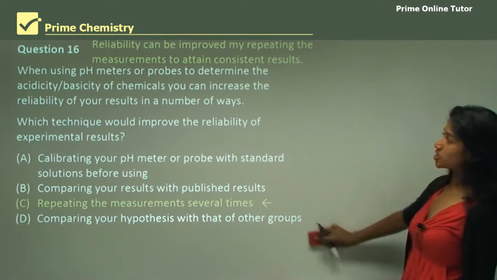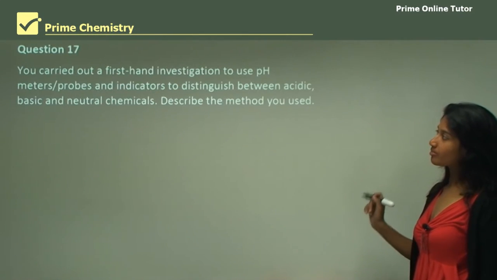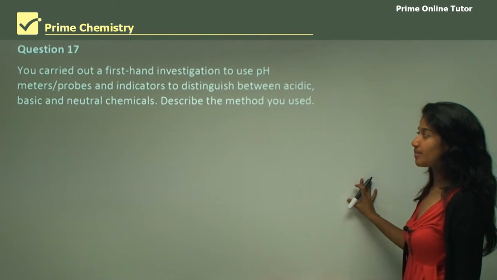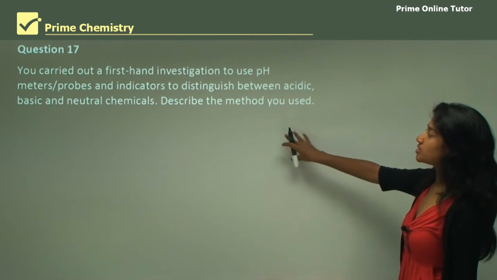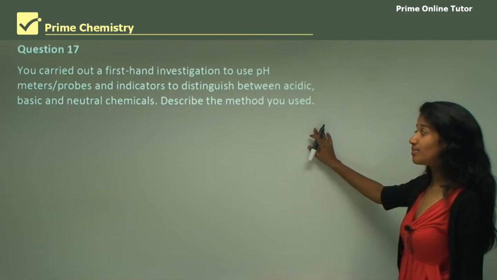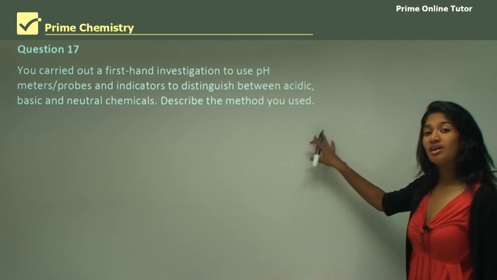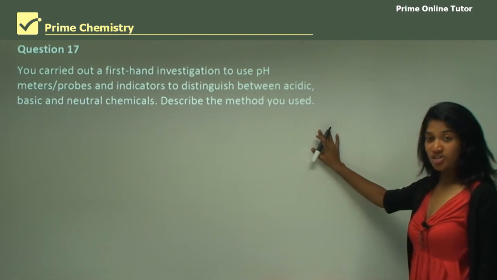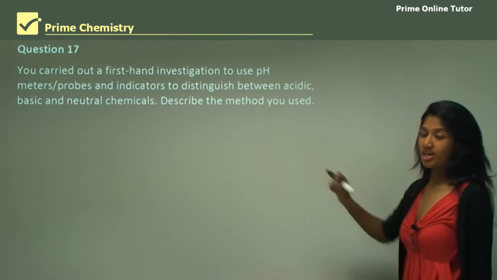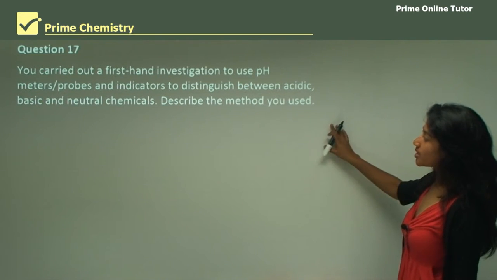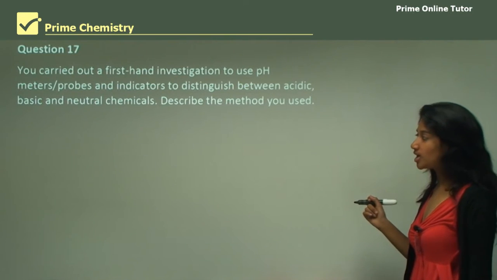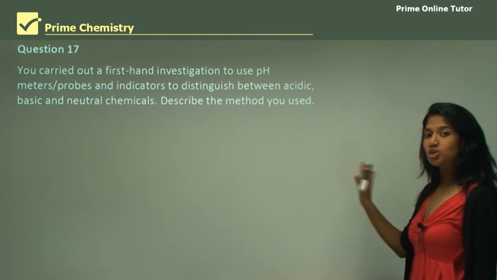Moving on to question 17 now. You carried out a first-hand investigation to use pH meters and probes and indicators to distinguish between acidic, basic, and neutral chemicals. Describe the method you used. Now this can be a very popular HSC question, and this is to wrap up the method you used for the experiment we just did. Now with this method, it should be comprehensive if it's a higher marker question, but if it's a 2-marker question, it could be brief